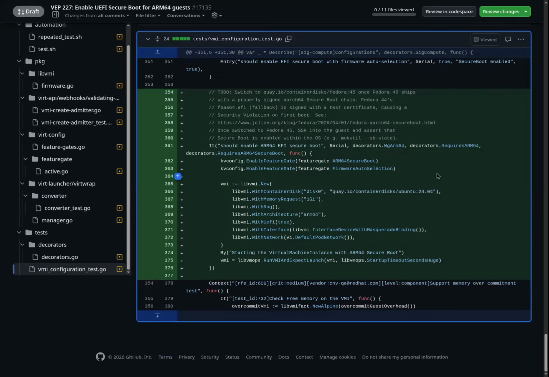At the moment I stripped down the test so it only booted the thing. But I did make a note that you could use mokutil to dump the state. Oh, and there's a blog post about why Fedora 44 isn't usable, and why we have to wait for 45.